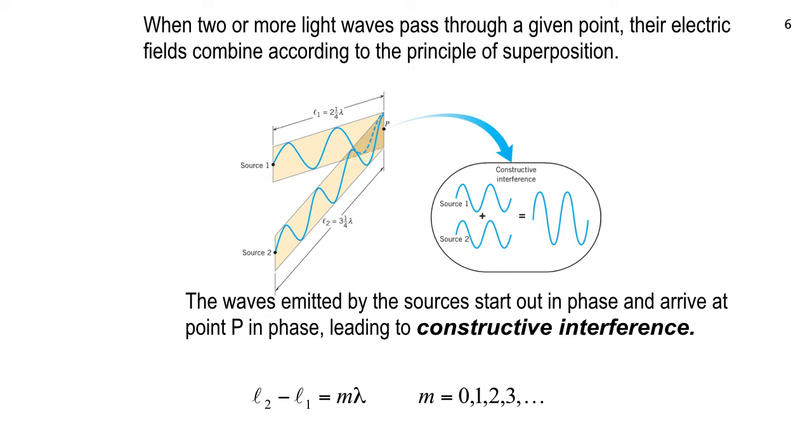Now, this one is linear superposition. And let me get my cursor over here. Come on, cursor, where are you at here? Here we go. All right, so here's your source 1 up here, and here's your source 2. It's a diagram from your textbook, chapter 27. I think this is the very first one, in fact.